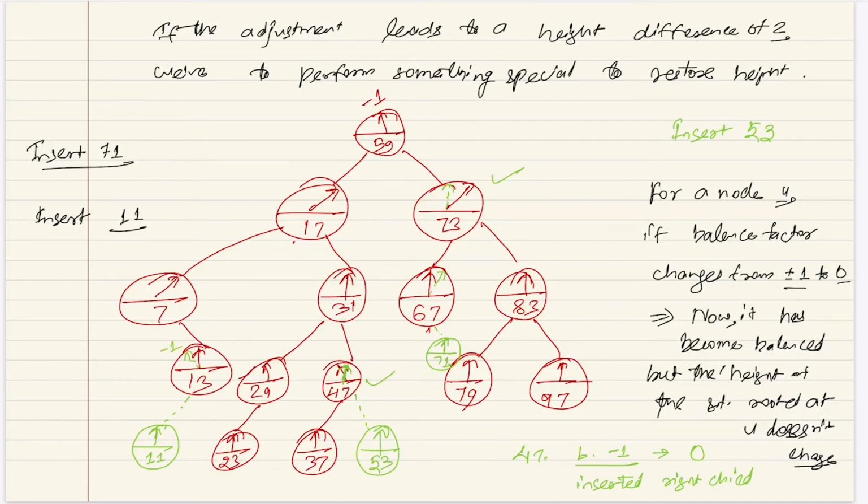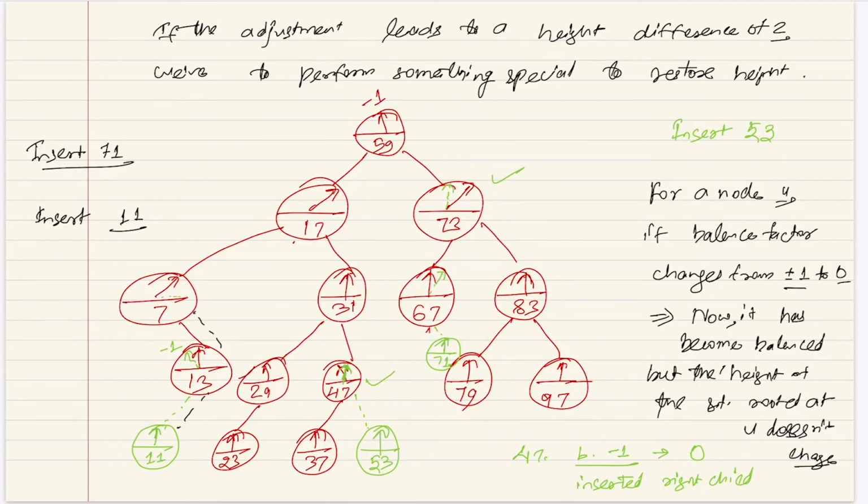Now will I have to go up or not? Its balance factor has gone from 0 to -1, that means I have to go to the parent. So follow the path. Go to the parent. Now it's 7. At 7, what do I have to do? Because its right subtree has gained height, that's why I am coming here. Its right subtree has gained height. That means its balance factor will increase by 1. So it was +1, so it will become